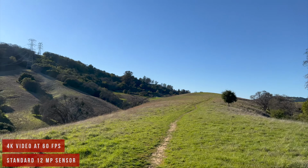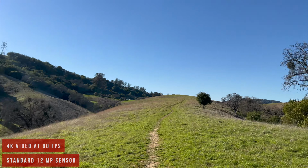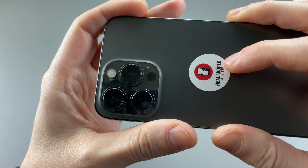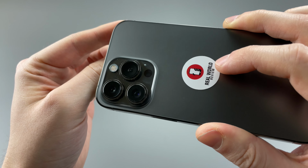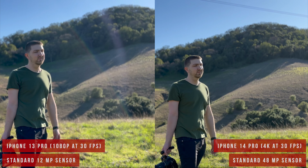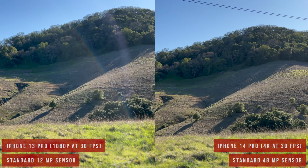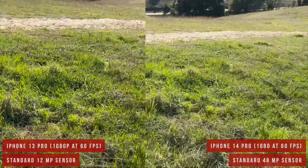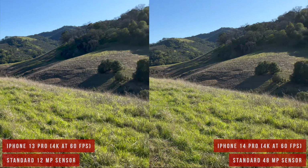There may be some minor strengths that the 14 Pro has, but not enough for me to really even notice. The camera uses the LiDAR sensor in the back to assist with focusing, and has never let me down, actually sometimes working better than the iPhone 14 Pro. And like I said, besides the improvement to cinematic mode, this one only being 1080p at 30 frames per second, and the fact that the 14 Pro has action mode while the 13 Pro doesn't, recording is ultimately the same